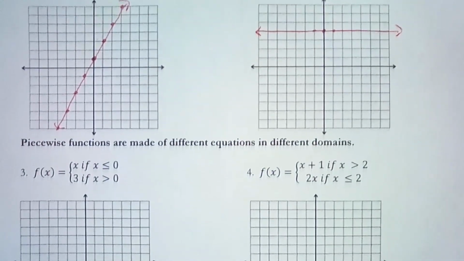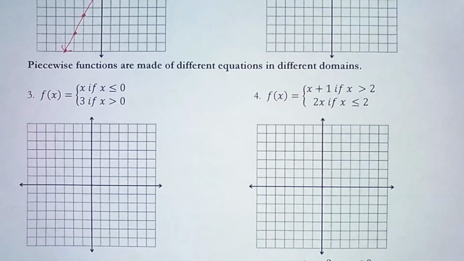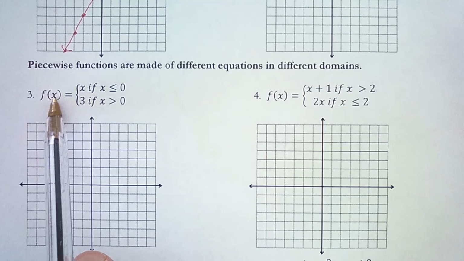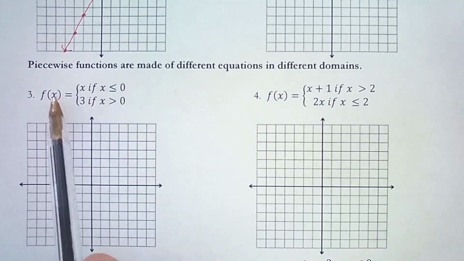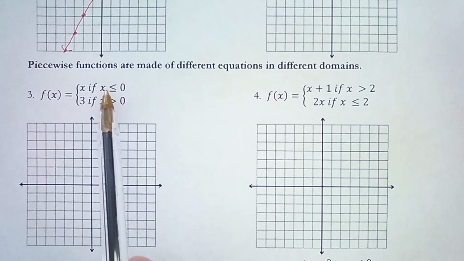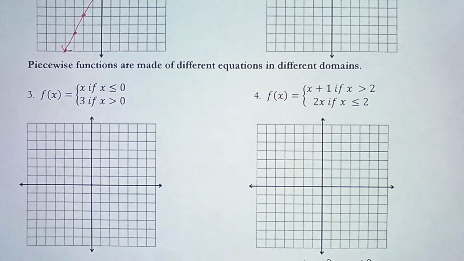Now, we are going to apply graphing lines to graphing piecewise functions. So our first piecewise function has 2 pieces to it. We're going to graph f of x equals x. F of x is just function notation. It's the same as y equals x, but only in the domain where x is